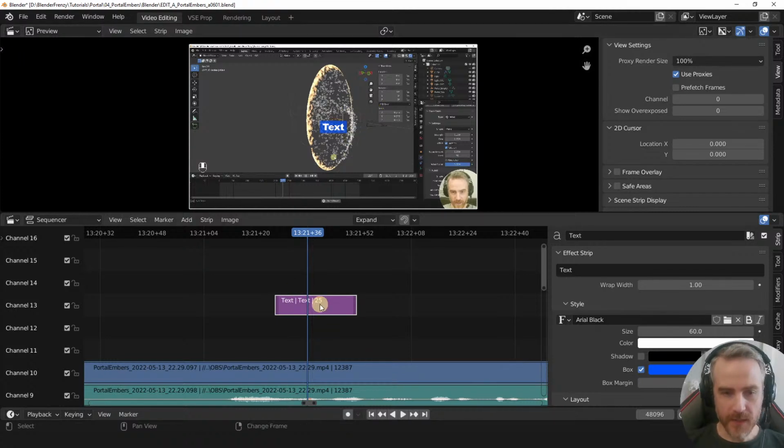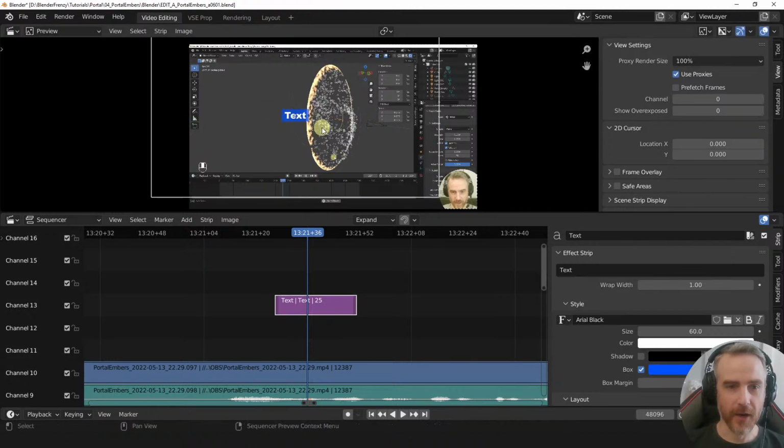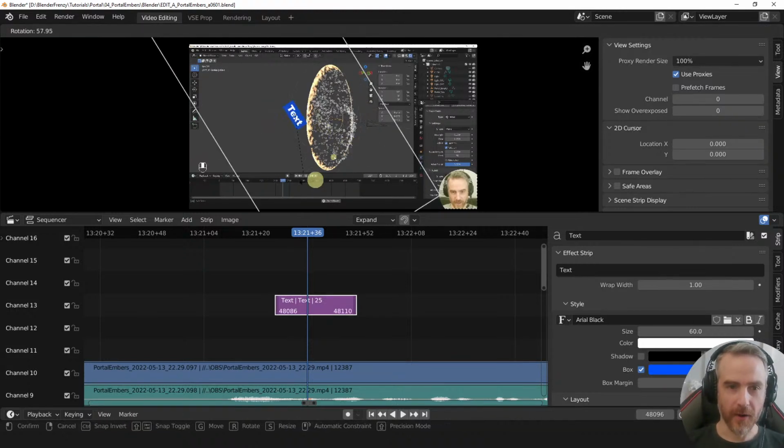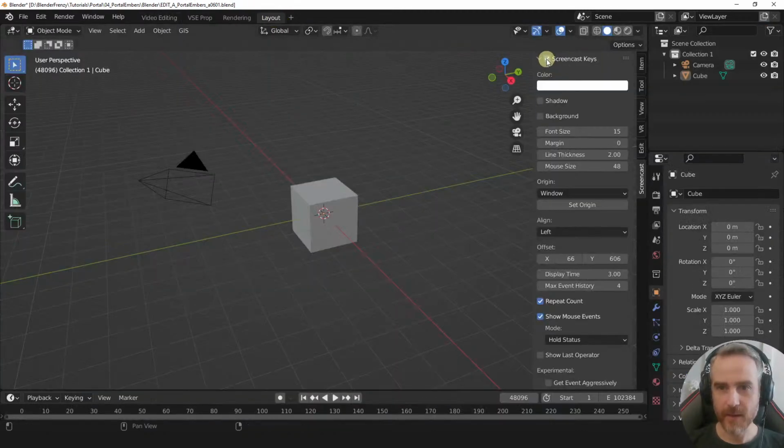So if you select your text in the sequencer, the text strip, I can come over here in the preview, press G to grab and move this around. I can also rotate it with R, pressing R, and I just realized I don't have my screencast keys on. They should be on, but